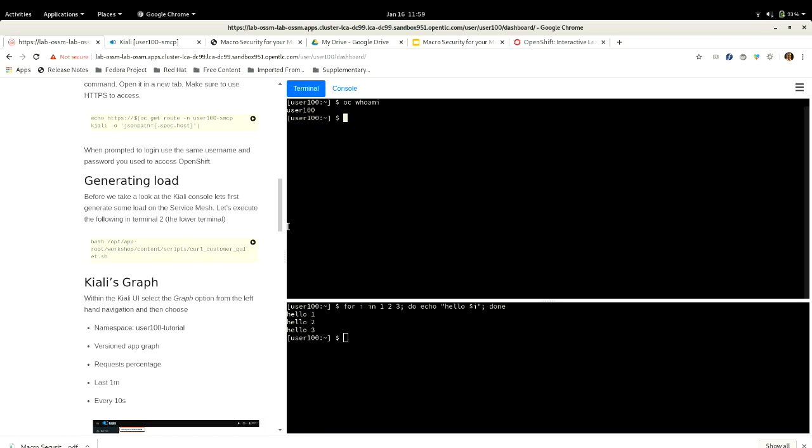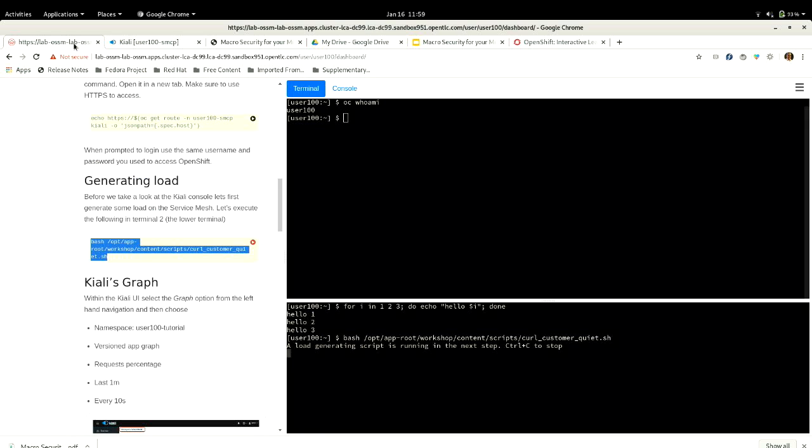So if you look here, this is a generating load command. If you click this, you see it is basically running here. It's a script which runs in the foreground, so you need to stop it by doing Control-C. This is basically generating a load so that you can see that in the output of the Kiali dashboard. Okay, so when you come back and check the dashboard here,